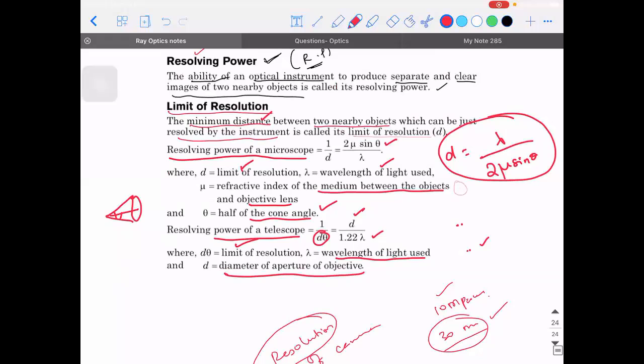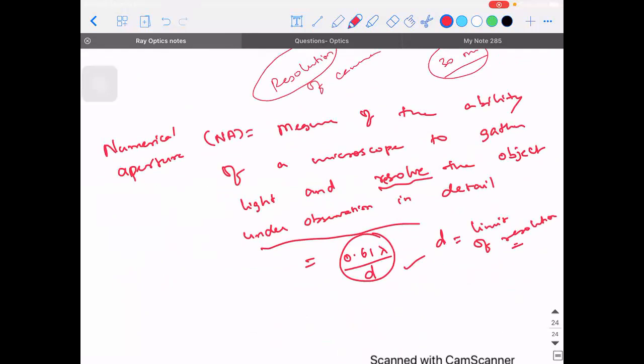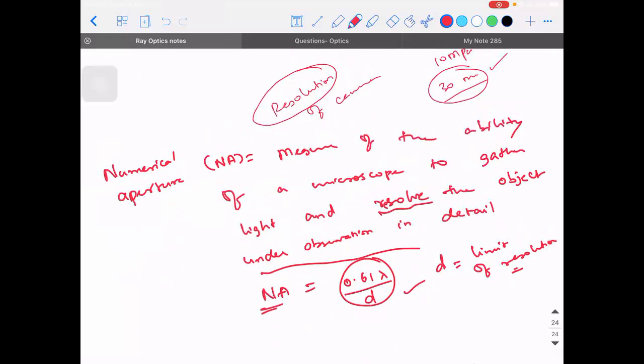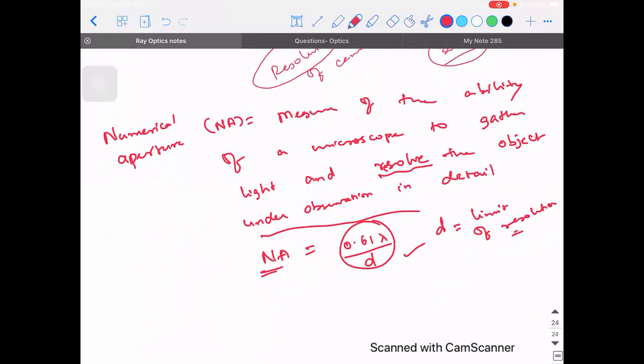Okay. So scroll down one inch. This numerical aperture. Yeah, make a note of it. Then we'll go to the problems. Another point here is that this can be written as d theta. Some books refer to it as 1/delta theta also. Both are the same. It's just different notations, that's all. Okay. If you're ready, we can start solving them. If you have made a note of all these problems. Ready? Okay, we'll start solving them.